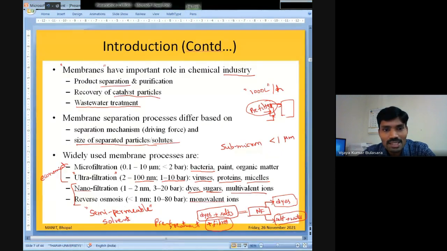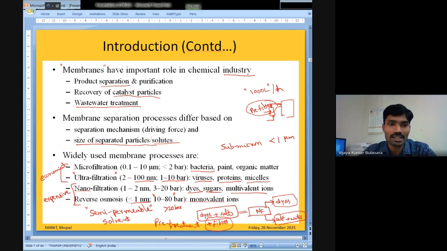So the pore size is less than 1 nanometer and the pressure required is as high as 80 bar. Okay, that means a very high amount of pressure is required. More commonly, greater than 20 bar is required for operating reverse osmosis membranes. Okay, so these are expensive processes. Nanofiltration and reverse osmosis membranes are expensive due to their very small pore size, and also the operating cost is very